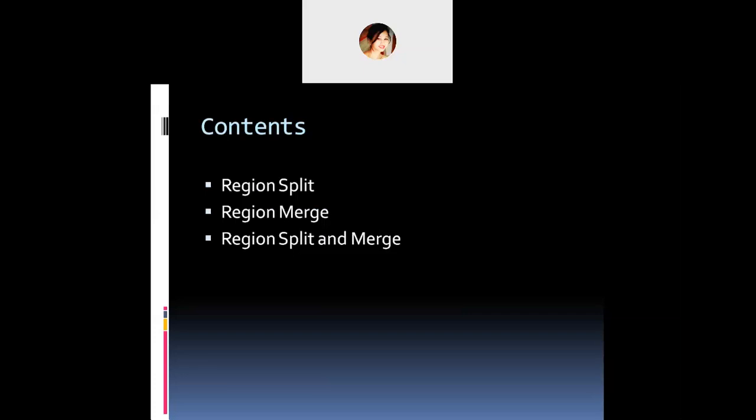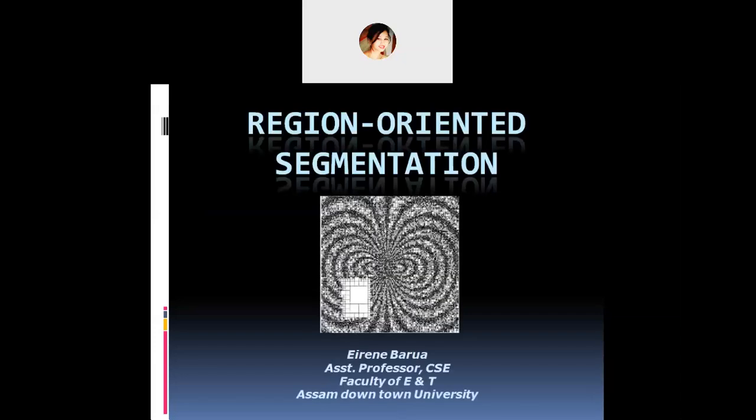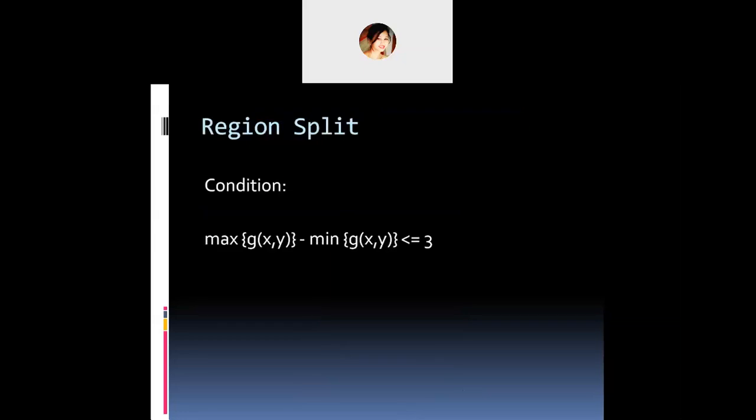These are also generally named as data clustering algorithms as well, but just keep it limited to region oriented segmentation. So now, going on to the first type, region split. As the name already determines, if you take an image and a particular region in that image, we have a condition. We split the regions.